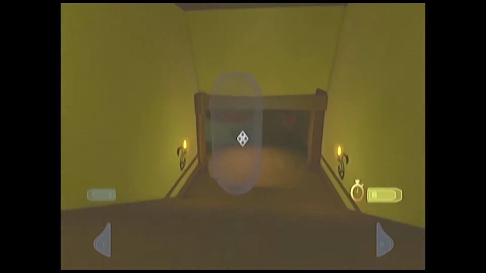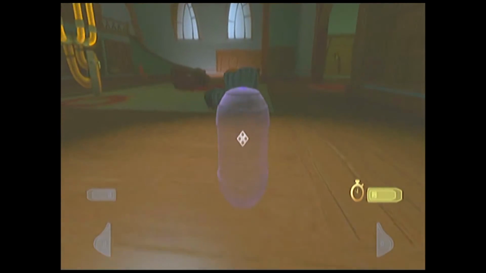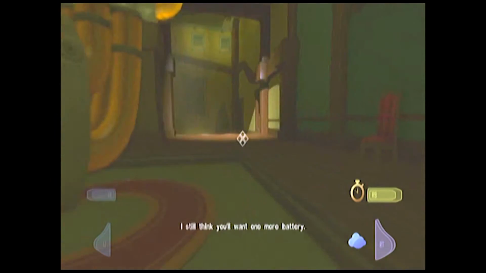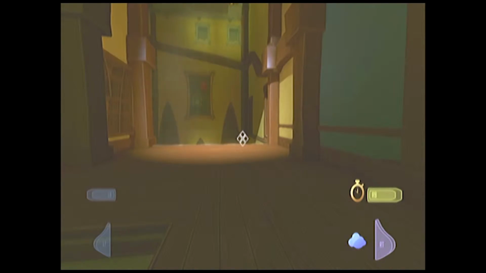Alright, and then you just hit the button to get a little table to get to the other side. And now we're gonna put the... I think you'll want one more battery. In order to get that, it's gonna be on the other side of this...